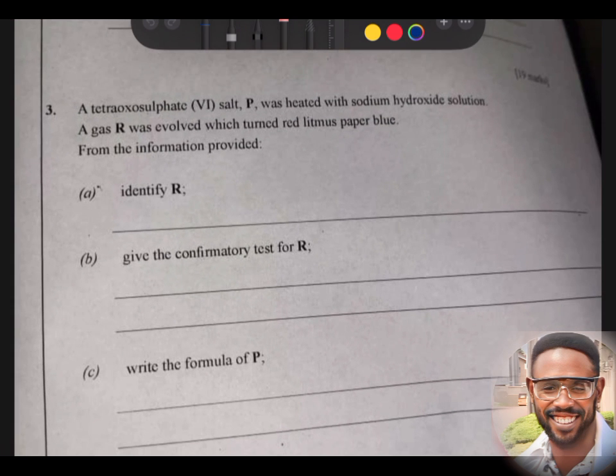So when a child hears tetraoxosulfate 6, if you are not so rooted, if you don't listen to your teacher while we are doing tests for cations, especially the test for ammonium ion, whereby you need to add sodium hydroxide. If you add sodium hydroxide solution to any salt and heat or warm, and it liberates a colorless gas with a choking, irritating smell, that confirms ammonium salt. So even though they distracted students by using tetraoxosulfate 6,